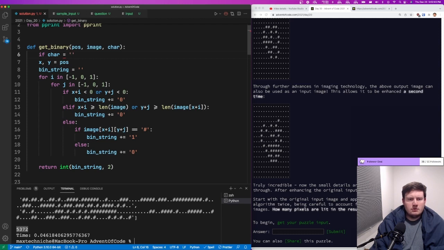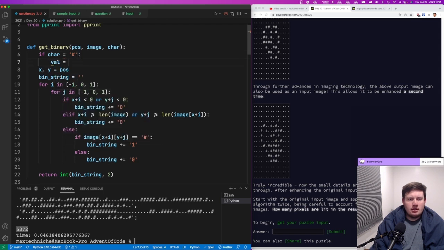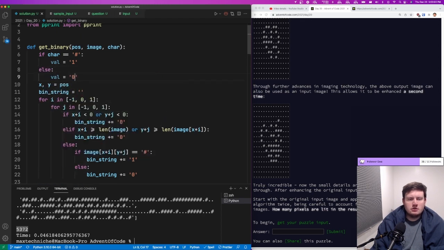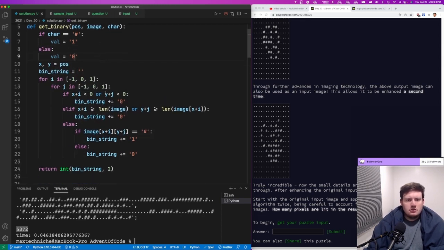If character equals pound, then value equals 1. Value equals 0. So in this case, I can just change this to value, and then